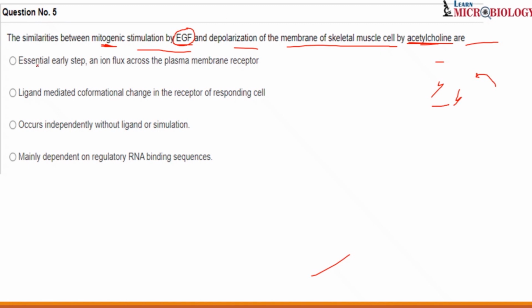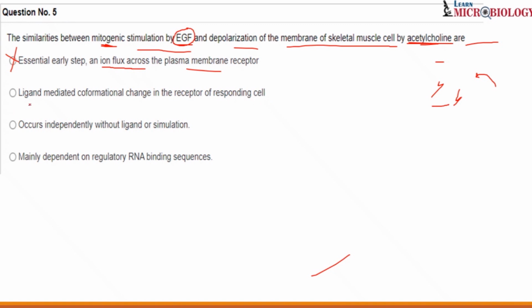See the first option: an early step, an ion influx across the plasma membrane receptor. As we discussed, in acetylcholine there was an influx, Na plus ions getting inside, but that doesn't happen in EGF, so this option cannot be the similarity, so it is crossed. Coming to the second one: ligand-mediated conformational change in the receptor of the responding cell.